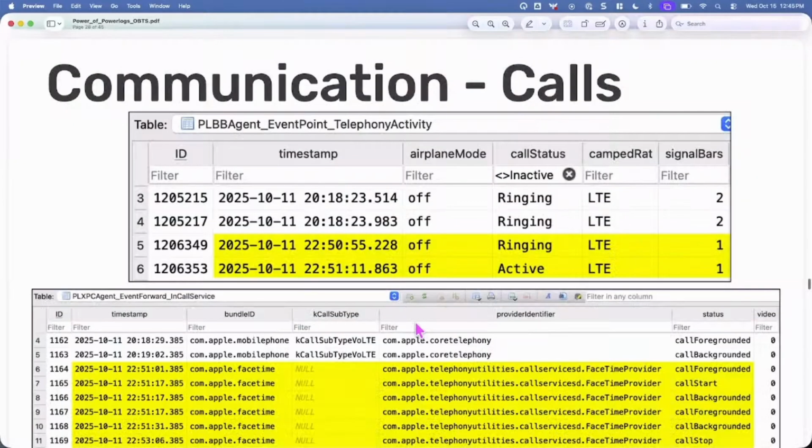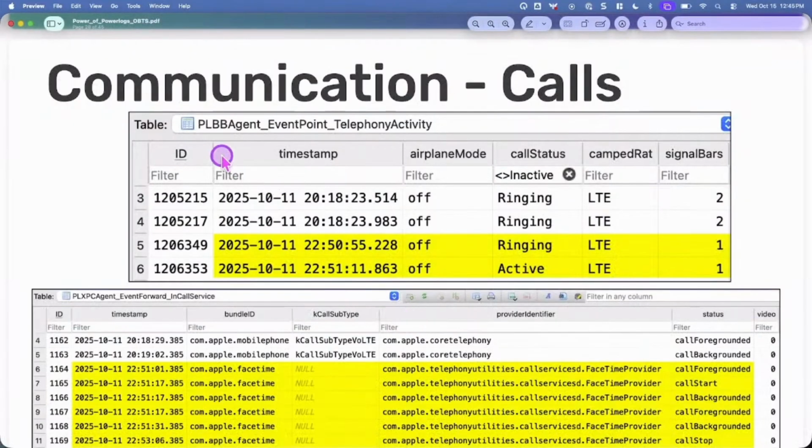All right, a little bit about some communication here. We have telephony activity, and we have in-call service here. I like these two tables. Once again, we see airplane mode going back and forth, and we see call status here. So got called. This is actually when we were rebooking flights because we were stuck in Barcelona. Erica called me, and this is what that's going to show up as. Whether it's ringing, and finally when I pick up the device. It doesn't show me who is calling, but that's again something we can look into in other databases.